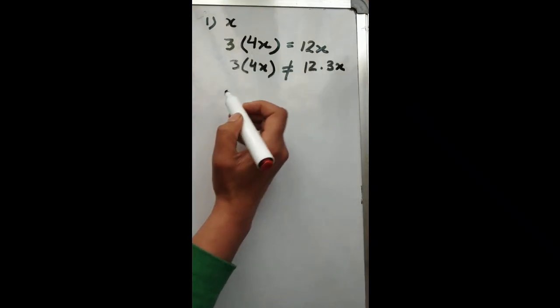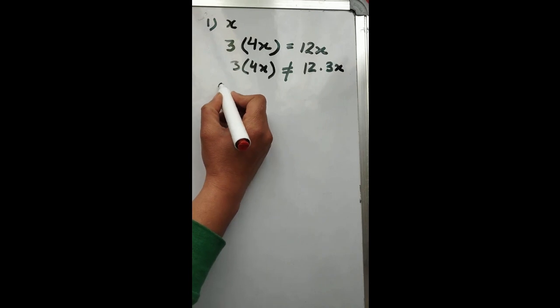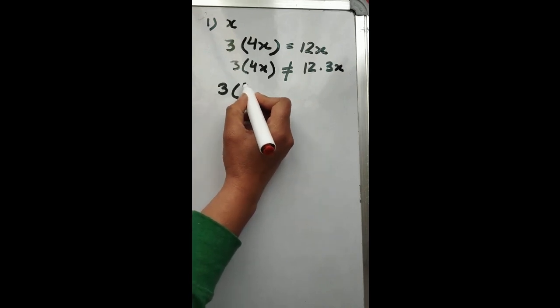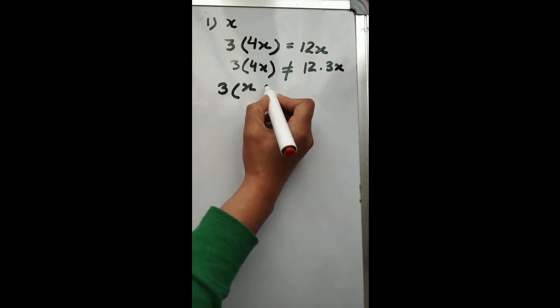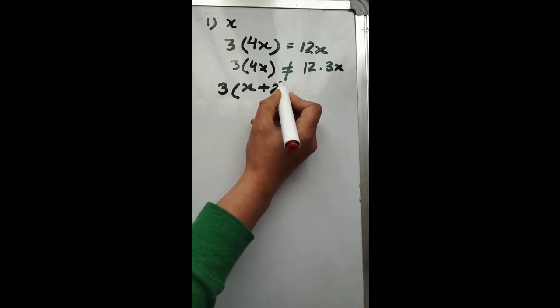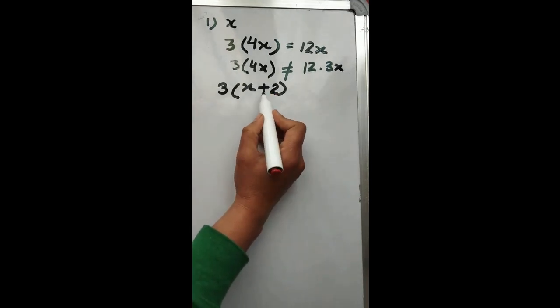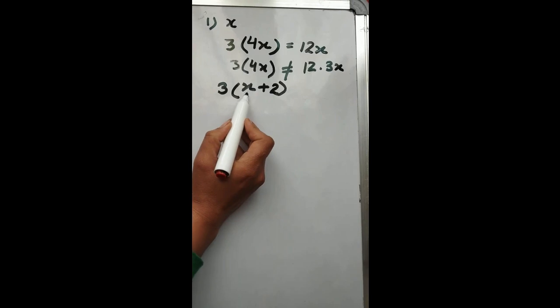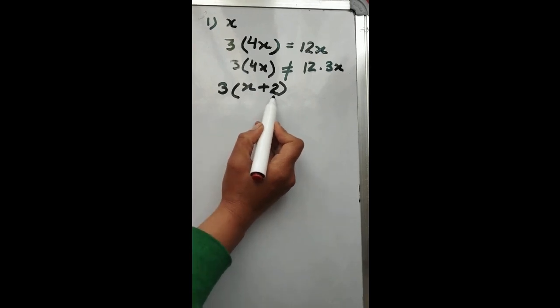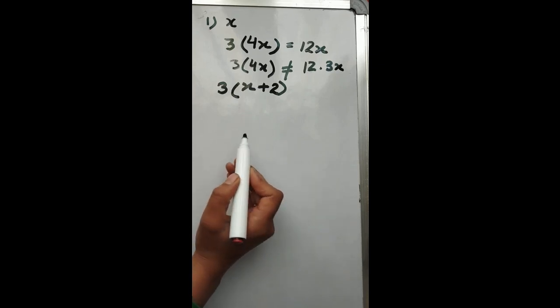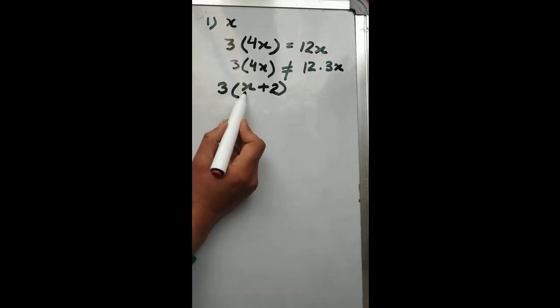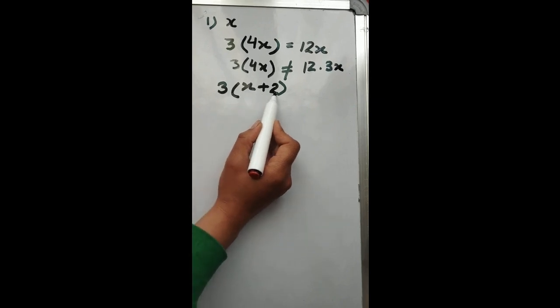Why am I writing it here? Just because of this. Just see here. What does this mean? Or first let's focus here. What does x plus 2 mean? X, as I said earlier, is a missing number. And what is 2? It's some other number, 2. No? Now, this can be the cost. So it's the cost of a pen and this is 2 rupees.